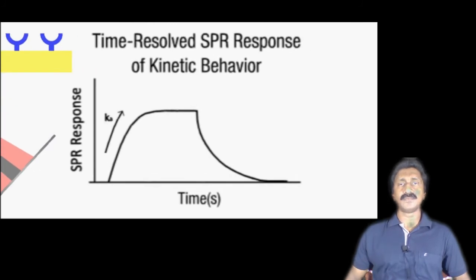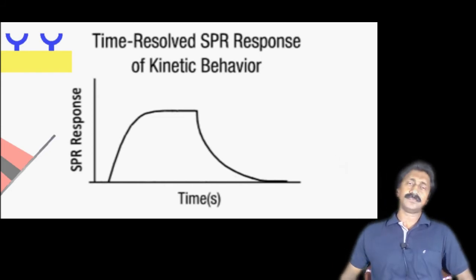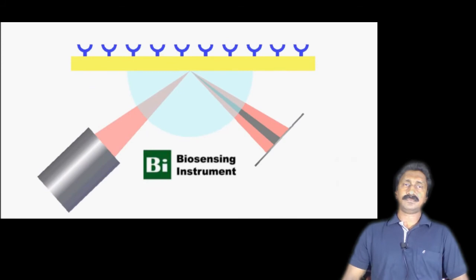SPR response. The association constant, Ka, can be extracted from the behavior of the binding response, and likewise, the dissociation constant, Kd, can be extracted from the unbinding response. The ratio of these two rate constants can yield the binding affinity of the system. The information that can be obtained from SPR serves as a simple, precise, and label-free technique for quantitative analysis of